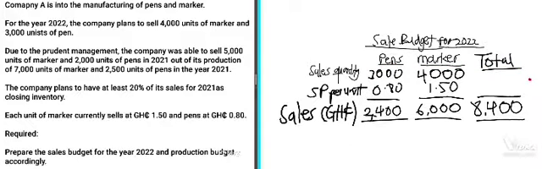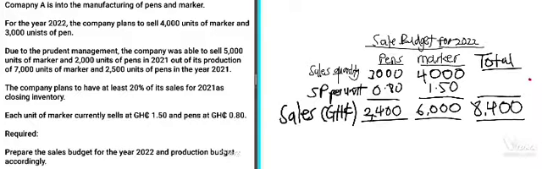Okay, so our sales quantity in the question, as we can read from the second sentence, is that for the year 2022, the company plans to produce 4,000 units of marker and 3,000 units of pen. So for pens, our sales quantity has to be 3,000. And then for marker, we have our sales quantity to be 4,000. Next thing to do is to get a selling price per unit for each of these quantities of sales that we budgeted for. Now the last sentence before the requirements of the question says that each unit of marker currently sells at